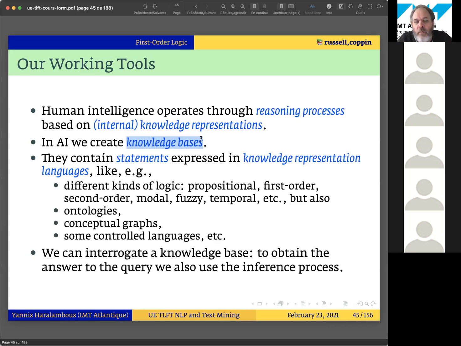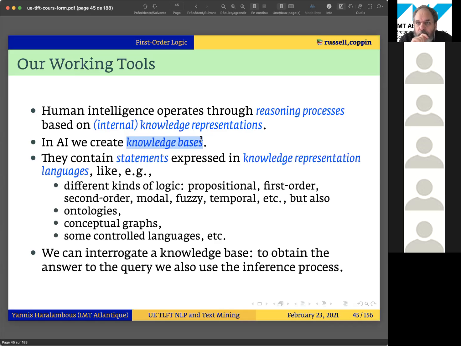So for example, if I put into a database the information that Paris is the capital of France, and I ask, is Paris the capital, in SQL, the database will reply yes. But if I ask, is Paris a town, then the database will not reply because this information is not included